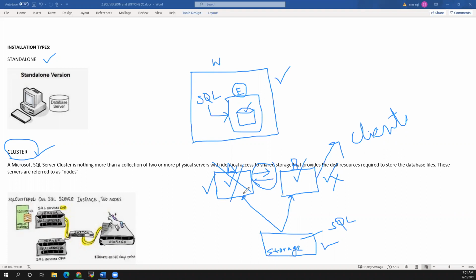See, in a cluster, through the SQL Server setup and the Windows cluster setup, we attach storage to these A and B servers. The storage is attached through SAN or NAS, the storage components, and we attach these storage devices to node A and node B. Let me give you a live example.